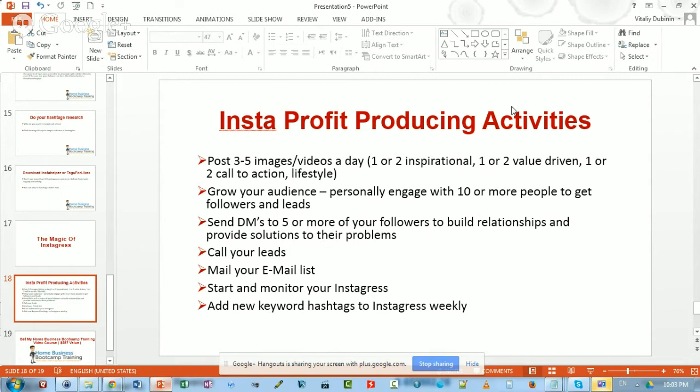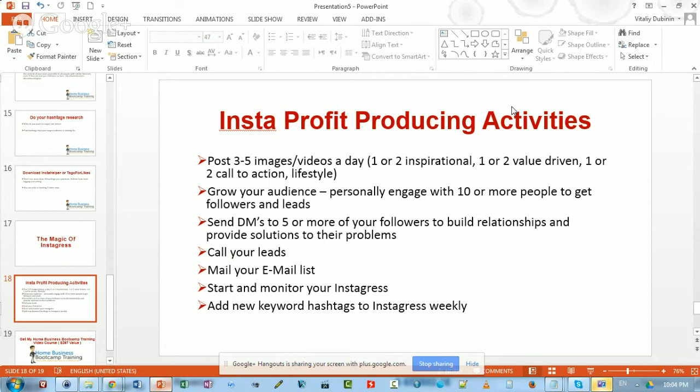It's a great way to build relationships. Everything you do online is ultimately about building relationships and creating trust with people, and from there it's how you market to them. But you cannot market something without first building relationships and establishing trust. And then you want to also call your leads. When people come to your funnel, pick up the phone and start conversations. The most conversions you will have are actually live on the phone with people, when you add value, when you take the focus off yourself and your business and put it on how you can help other people.